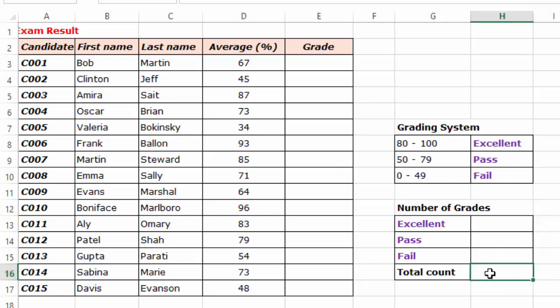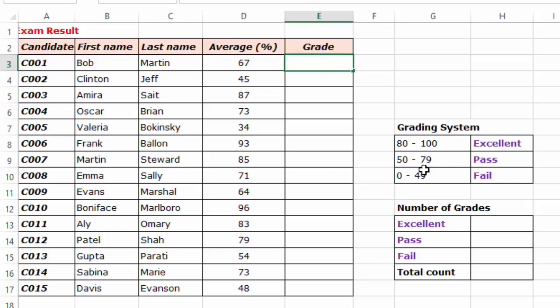performed. Then finally, I will count using the COUNT function the number of students using this column by just applying the COUNT function. And finally, this count here must be equivalent to the sum of the number I will get here plus here plus here. And to do that is very simple. Since my grading system has 3 grades, I'm going to use a nested IF function, and I will just start